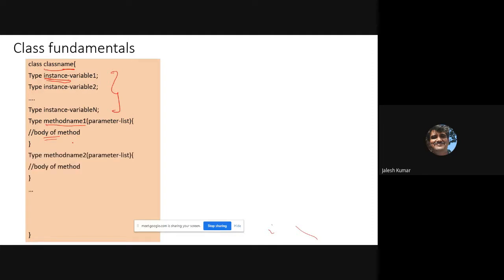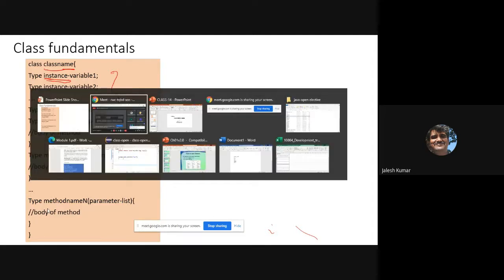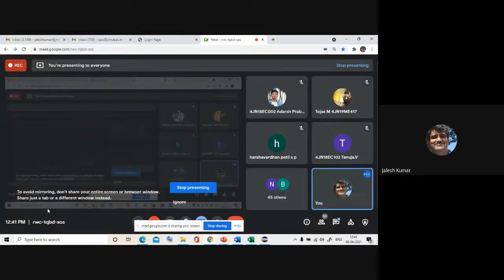Method 1, method 2, like that, n number of methods. So this is called one class. If you are familiar with C++, please observe there is no semicolon as such. You just write class, class name, open bracket, close bracket.